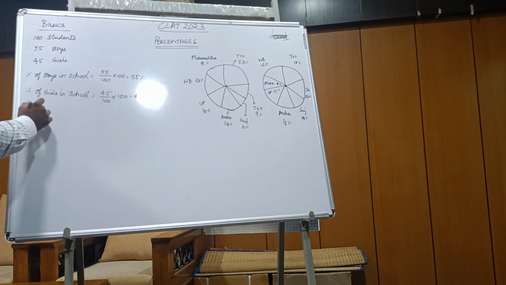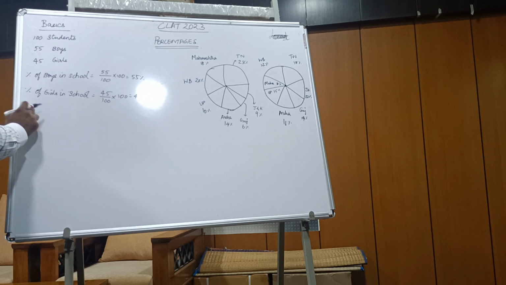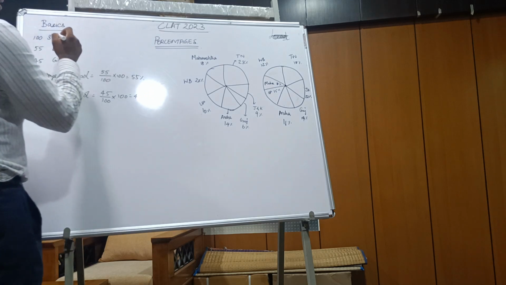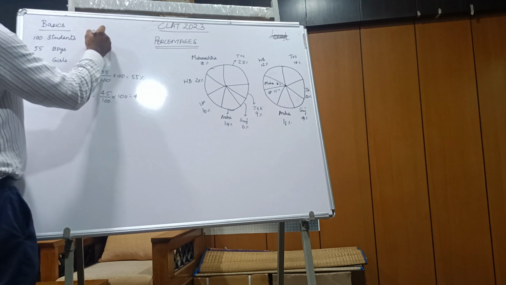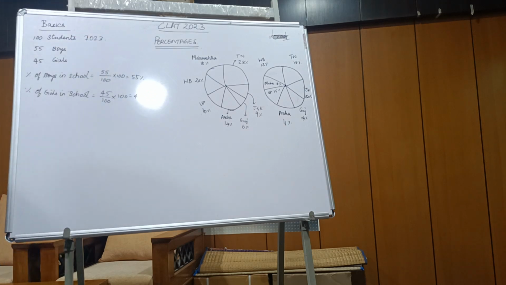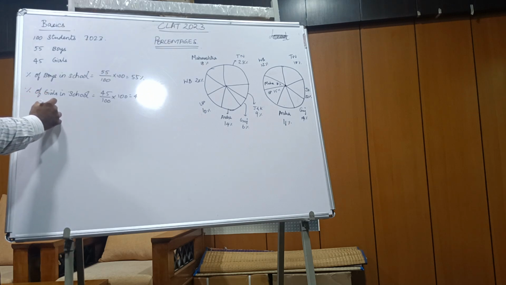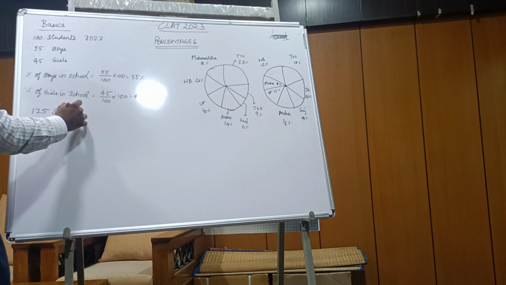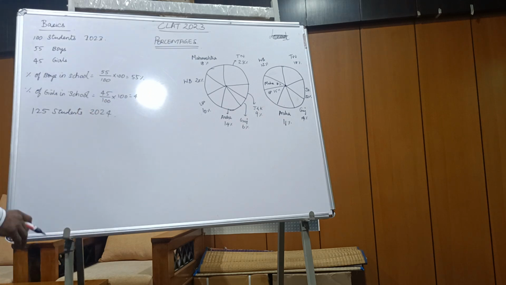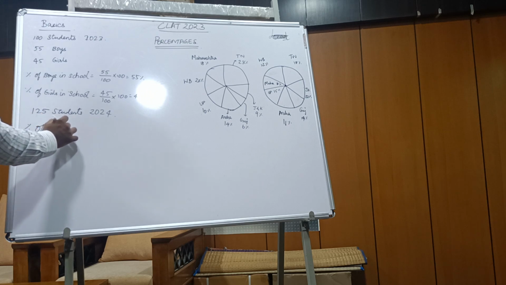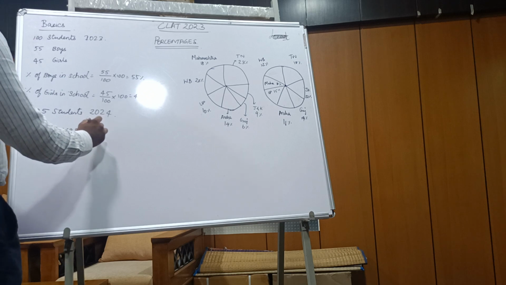For example, this is the strength of the students in the year 2023. In the coming year, the strength has gone up to 125 students. We ask you what is the percentage of increase of students